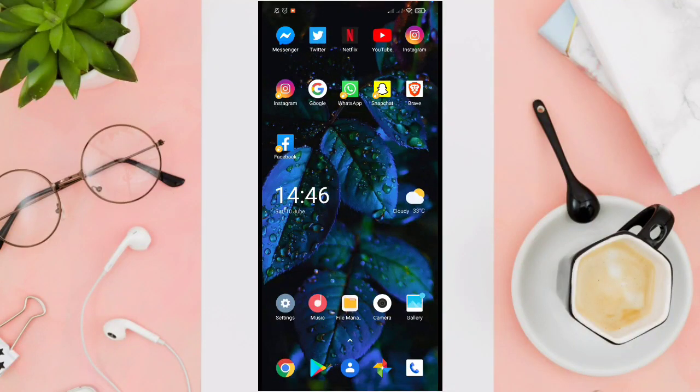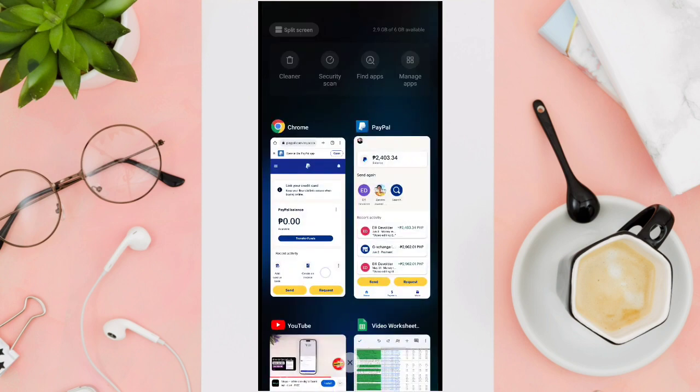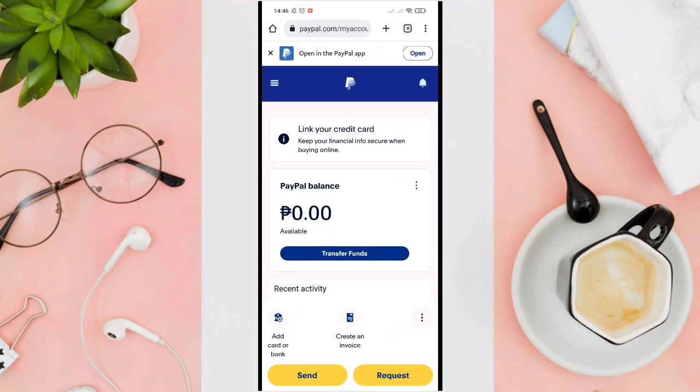So in this video, I'll be showing you how to send money to your friends or family using PayPal. So the first thing that you need to do is to open your PayPal application first. Okay, and then click on the send icon or the option at the bottom left corner of your screen. Okay, this one. Okay, just click on it